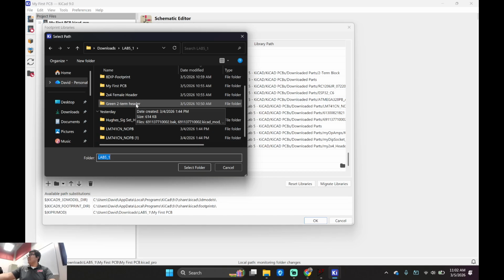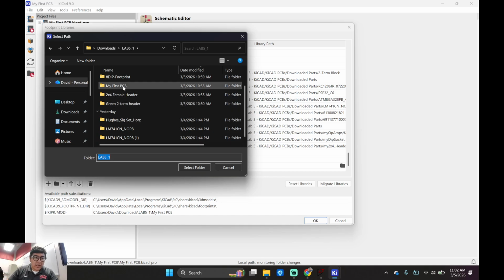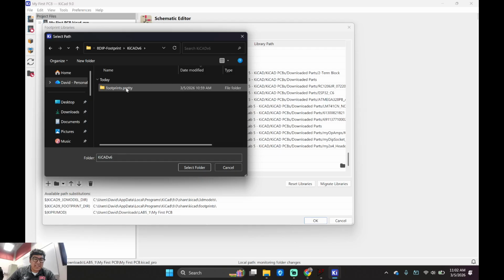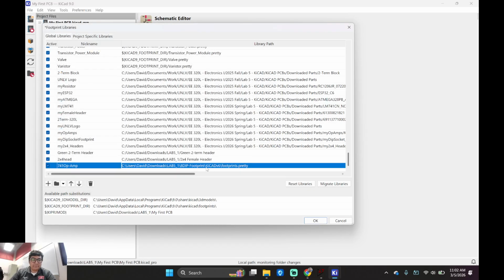Right? Yes? So let's go find that footprint, the 8-dip footprint, because the op amp is going to go inside the dip. Right? Yes? Or no? Good. Okay, that's what I was expecting. Okay? Footprint. KiCAD 6. Footprint's pretty. Boom. We want that. Okay? I want the dip. Okay?